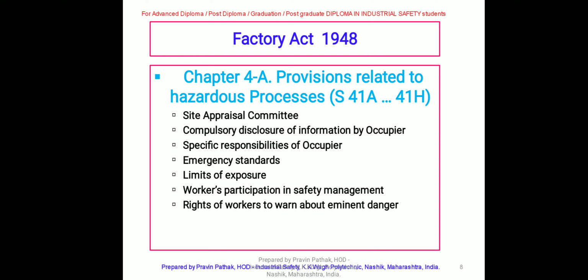These are some of the sections involved under chapter 4A, that is, provisions related to hazardous